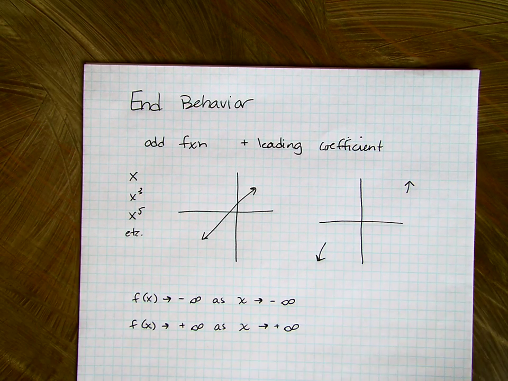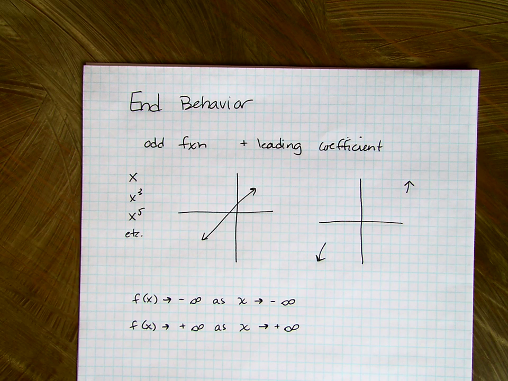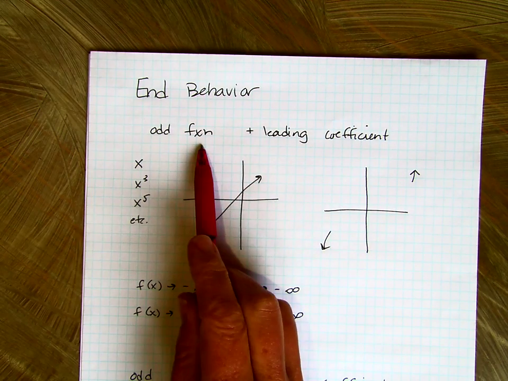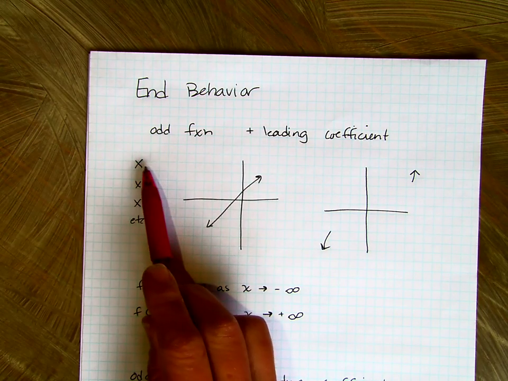All right, so what I said was that we're not really going to graph. We'll put all those pieces together by the end of the chapter, but we are going to talk about end behavior, how to sketch it, and how to note it. What's the proper notation? So if I have an odd function and a positive leading coefficient, we're very familiar with